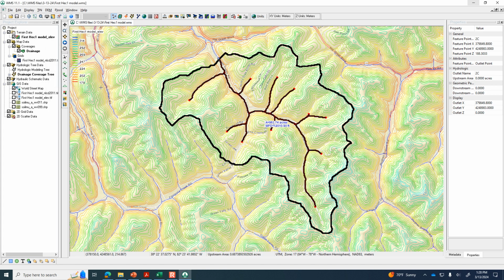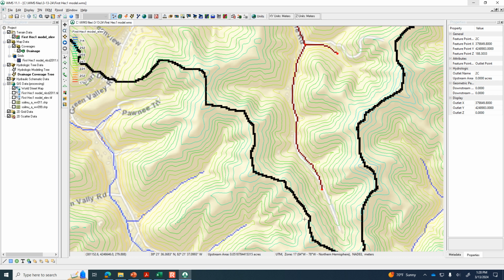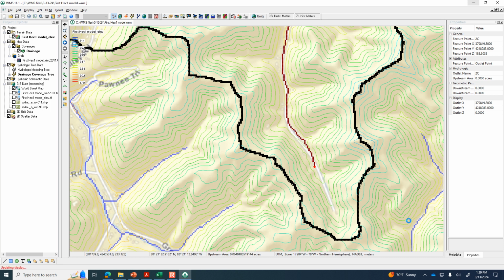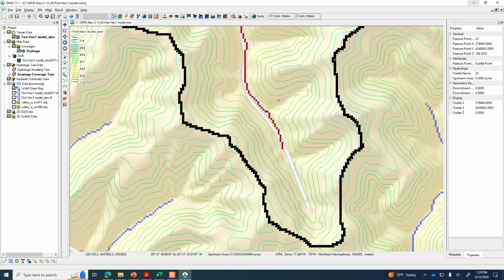Now, something that I did: when you were downloading the elevation data and it asked you what resolution you wanted, it probably said 15, right? That was the suggested resolution, 15 meters. I said 7.5 meters, just so that I could illustrate that depending on how fine or how coarse your elevation model is, these lines will become relatively more smooth versus less pixelated and blocky. If you zoom in on one of the edges, you can see that the size of these pixels is smaller because I did the 7.5 meter